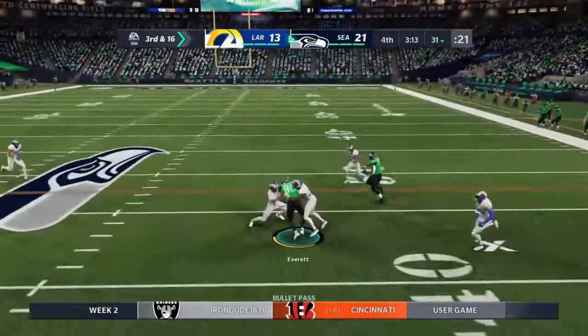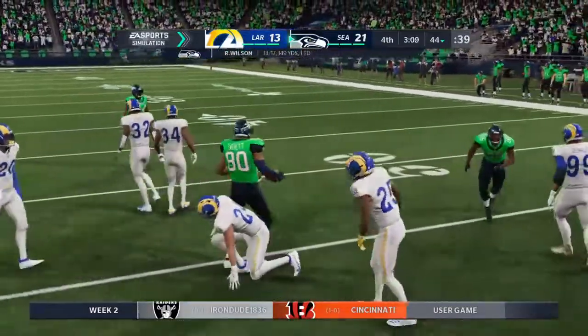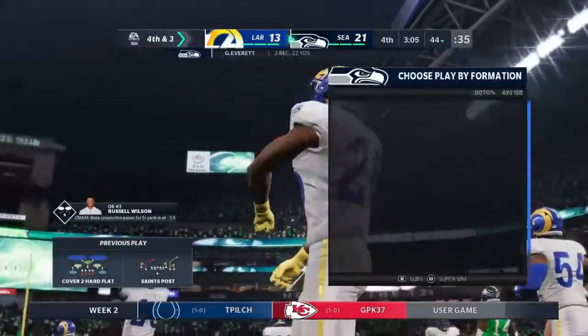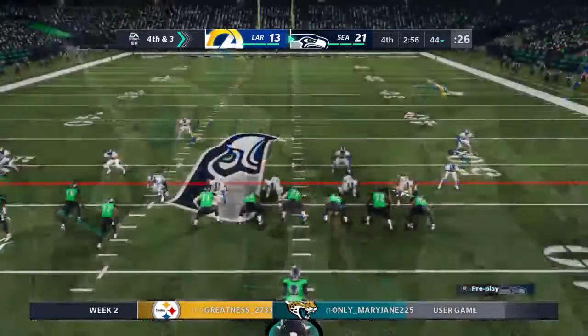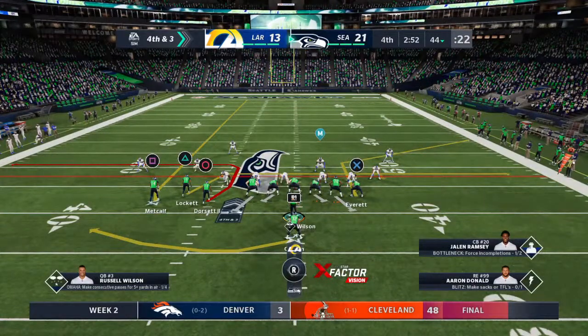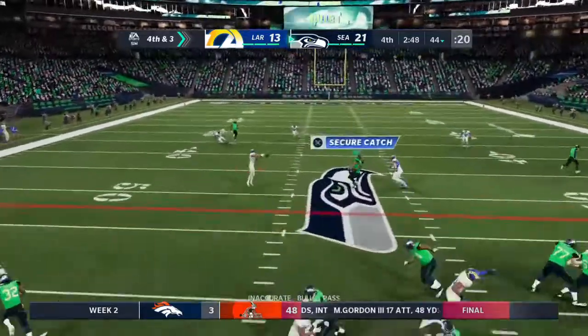From the shotgun, Wilson. That's complete to the tight end, Everett. And he'll only get this to about the 44 as they stop him short of the line to gain. It'll be a pickup of 13, but it'll still lead to a fourth down. I hate to surrender the football when you're nursing a slim lead, but they're going to have to punt it away. Trust that defense. It's the right play at this stage of the game as well. You don't need to press it here because you do have that little...